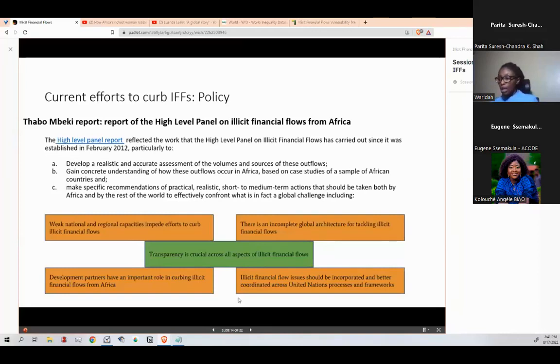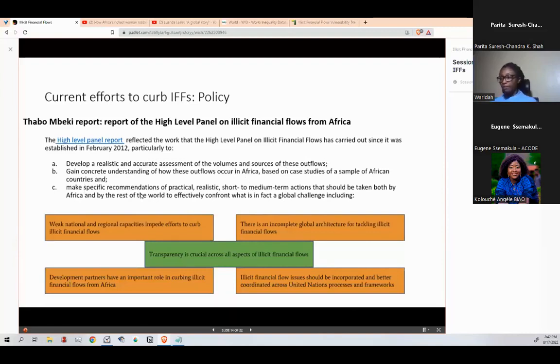And the crucial aspect that was seen was transparency, because transparency would ensure that all the financial and tax information needed, the public participation measures and the government measures were publicly accessible to people. And so some of the key things that arose from that was the need to develop a realistic and accurate assessment of the volumes and sources of these outflows, and also to understand how outflows occur in Africa,